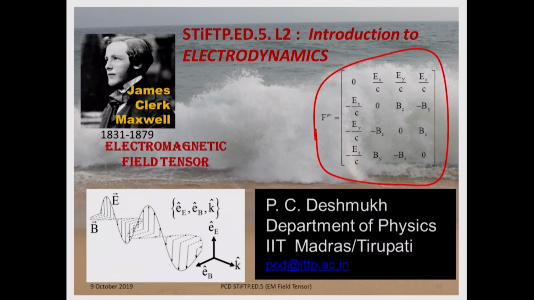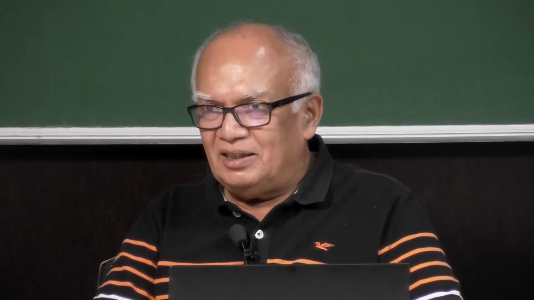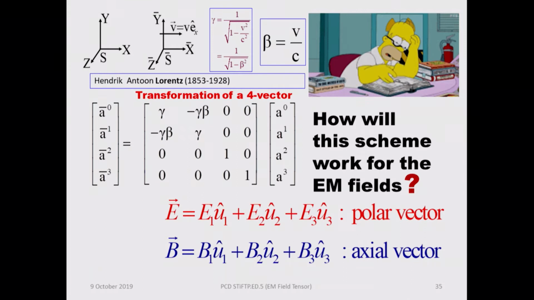Greetings. So, we are discussing the electromagnetic field, and the question we stopped at in the previous class was this: we know how to transform 4 components of a vector from one